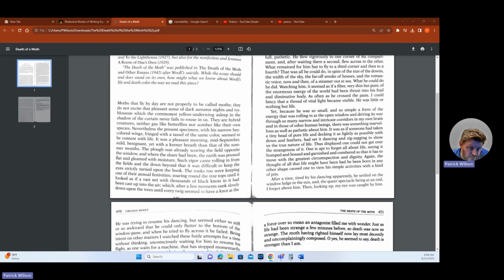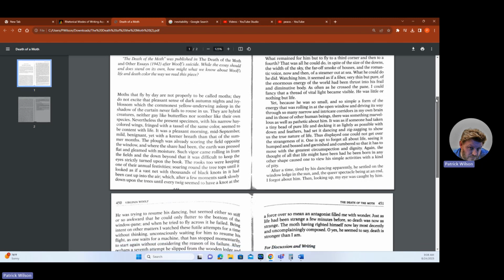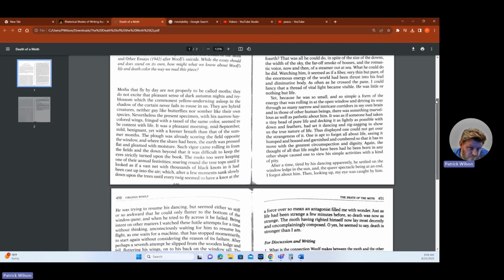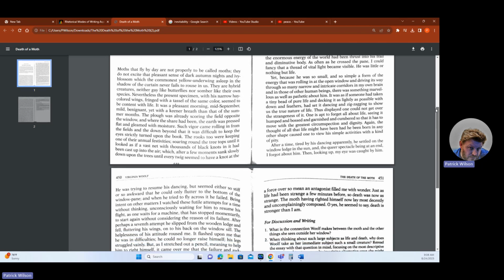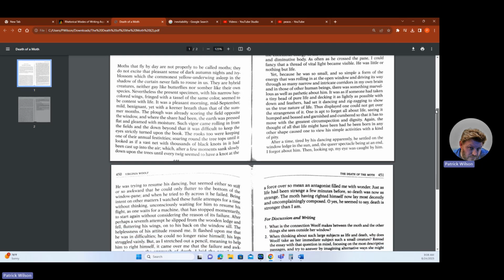So we can all relate to this particular essay in a lot of ways. As humans, we have a beginning, middle, and end, which plays a part in what a narrative does. It tells a story, has a beginning, middle, and end. She just uses a simple creature, a simple insect, the moth, to show that particular beginning, middle, and end as it relates to how a narrative is shaped, how it is created.